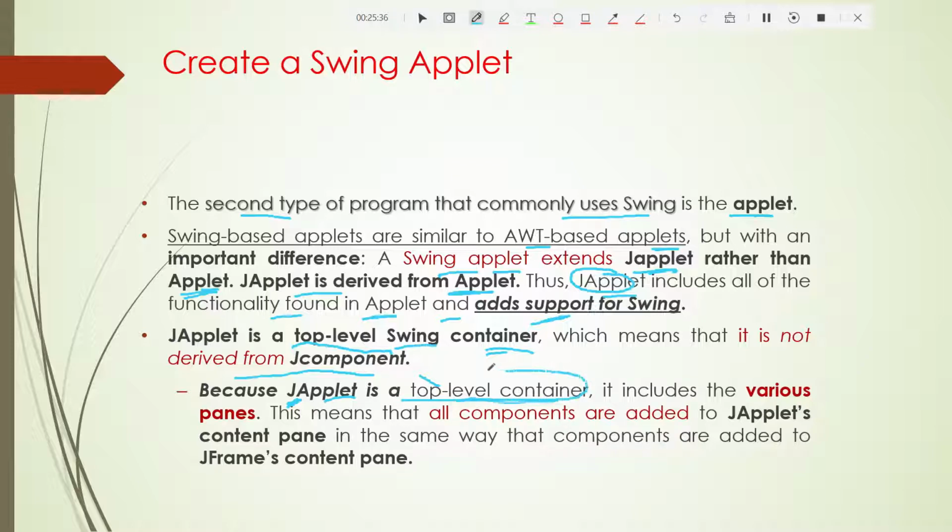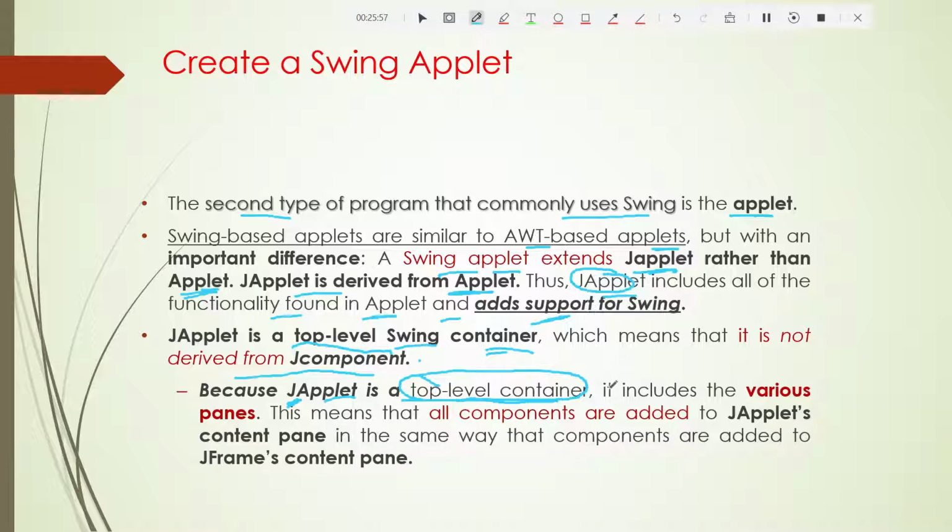We have already studied that top level containers are not part of JComponent, and I already showed you that when I was discussing the hierarchy.